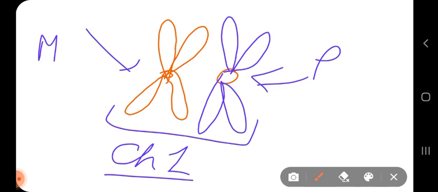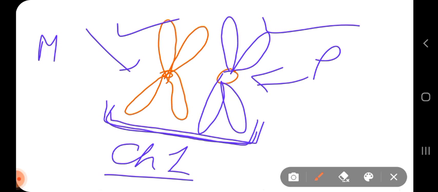Now suppose this is homologous chromosome number 1. One chromosome number 1 we get from mother, another chromosome number 1 we get from father. They have the same genes located at identical locations within the arms of the chromosome, right? And there you can get the dominant and recessive allele. So dominant alleles are those alleles which will express themselves in spite of their occurrence in the same gene loci of both the chromosomes, or in just one gene locus of the chromosome.